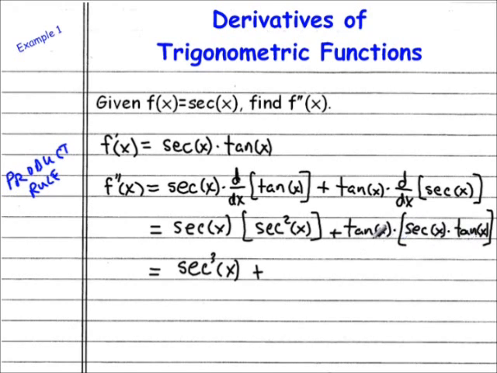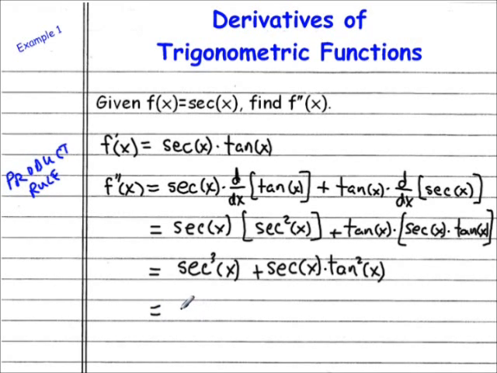And in this expression we have a tangent times a secant times a tangent, so we actually have secant x times tangent squared x. And we may leave our answer this way. We may be tempted to look in the back of the book and see what the answer is, but we do also notice that we have a secant of x factor that appears in both terms,